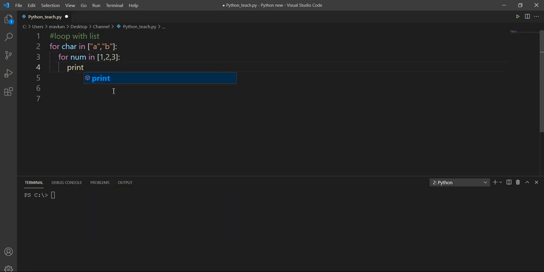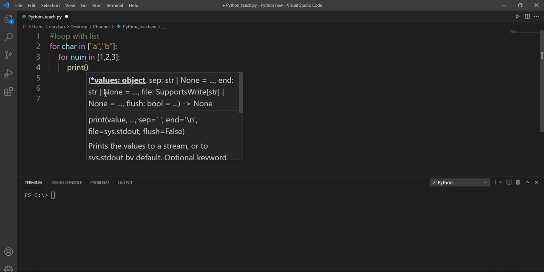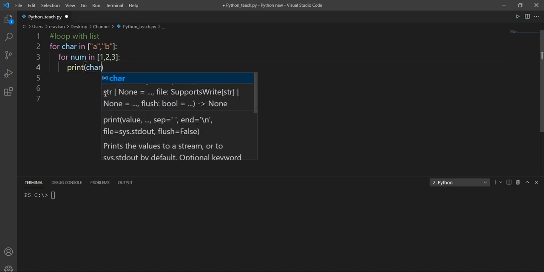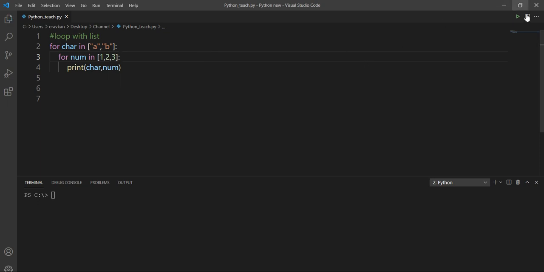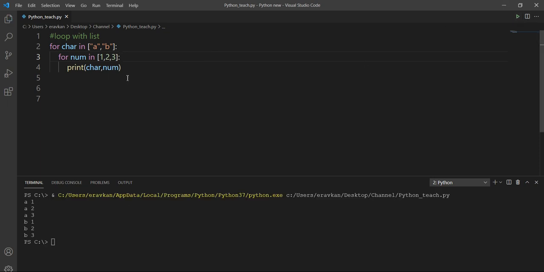So if I want to print char comma num, I can print it. In this way, first A comes, then A1, A2, A3, then value B comes, B1, B2, B3. So in this way I can perform the nested loop operation with my list.